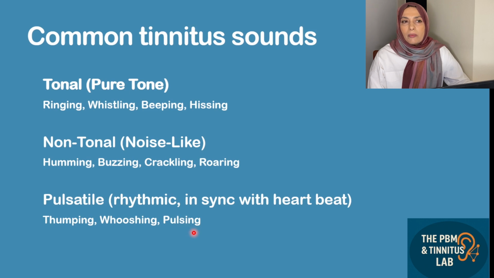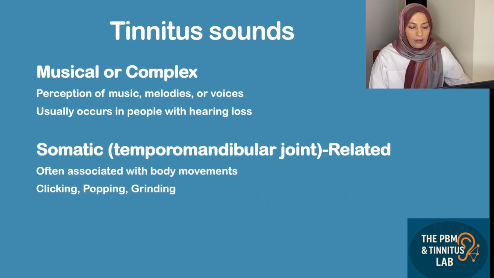Pulse-type tinnitus is commonly seen in patients with circulatory disorders, and it's rhythmic and in sync with heartbeat, and it's like thumping, whooshing, and pulsing. Musical or complex tinnitus is the perception of music or melodies or voices, and usually occurs in people with hearing loss. And somatic related or temporomandibular joint related tinnitus,